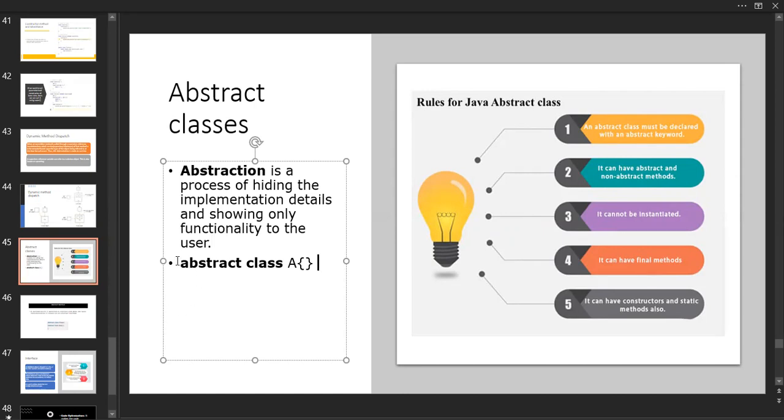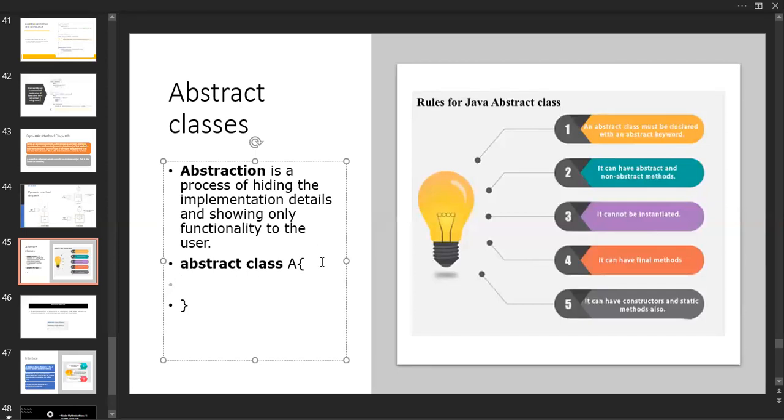So what is the type of that? I mean, sorry, the declaration. How to declare an abstract class? Simply over here, we have the abstract and class keywords. Abstract is a keyword, class is a keyword, and this is the name of your class. And there should be something you want to implement over here. Just write it over here.